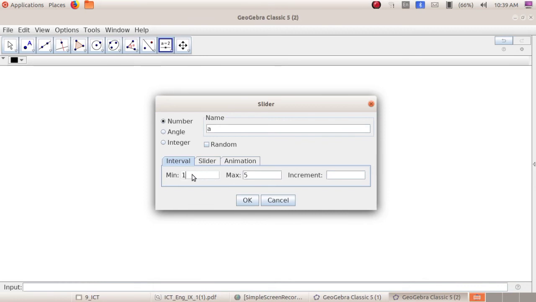I am giving the minimum value as 1 and the maximum value as 5. Next, you can give the increment value as 1, which means 1 plus 1 is 2, 2 plus 1 is 3, 3 plus 1 is 4 and 4 plus 1 is 5. So increment as 1, and you can click on the OK button for saving these values.